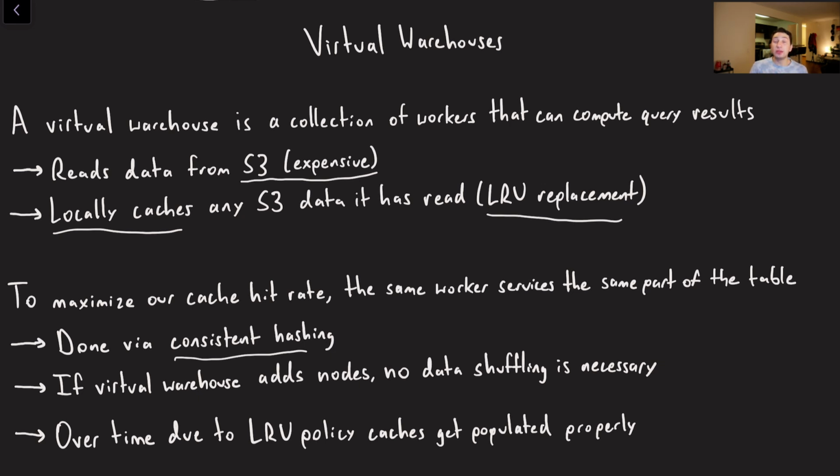That being said, for virtual warehouses, we're just caching data. So all you really have to do is add the node. We account for the fact that certain files are now going to different worker nodes. But nothing actually happens until they actually start reading data from S3. And then over time, if certain nodes are holding cached data for files that are no longer relevant to them, they're just going to drop that via that LRU policy. Cool.